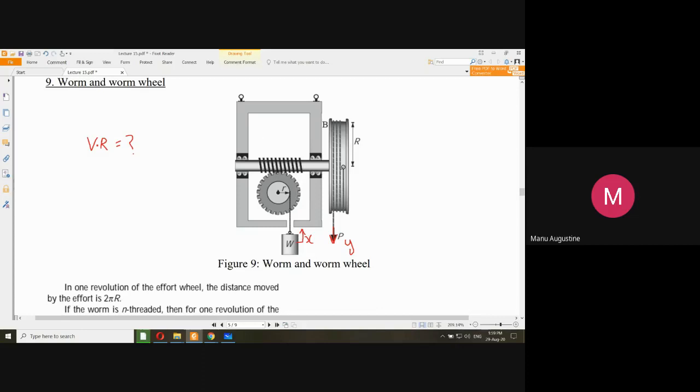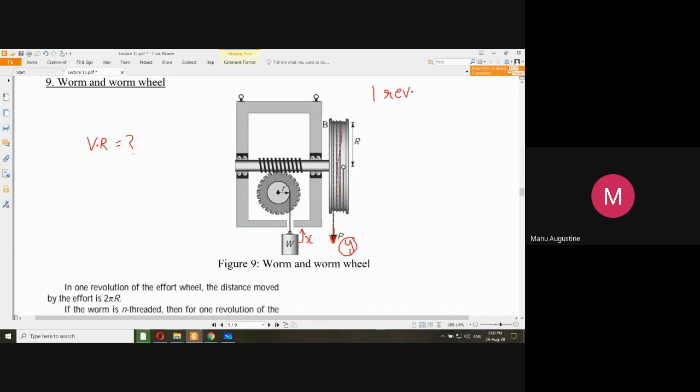Okay. Now see, the worm is connected with the gear, the gear is connected with the pulley, and the pulley is pulling the load upwards. So let us see, the relationship for y is very easy. How? Again, consider one revolution of